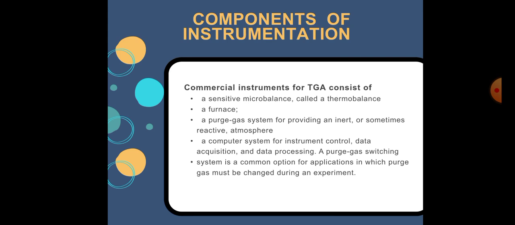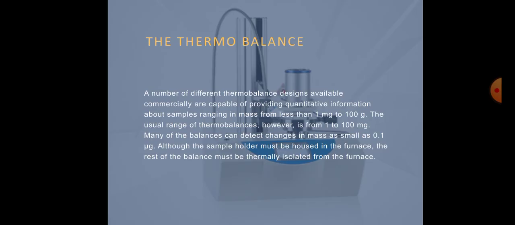Commercial instruments for TG consist of a sensitive microbalance called thermobalance, a furnace, a purge gas system for providing an inert or sometimes reactive atmosphere, a computer system for instrument control, data acquisition, and data processing. A purge gas switching system is a common option for application in which purge gas must be changed during an experiment. The thermobalance. A number of different thermobalance designs available commercially are capable of providing quantitative information about samples ranging